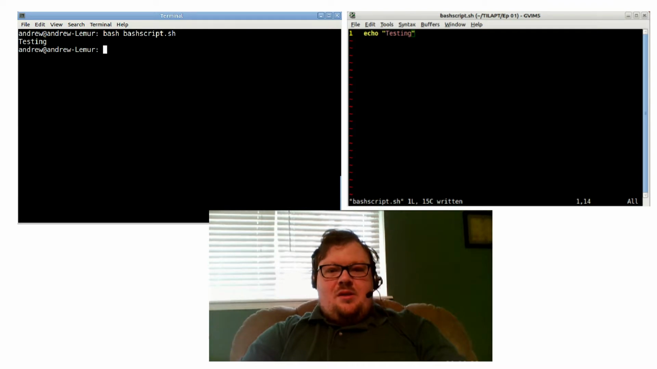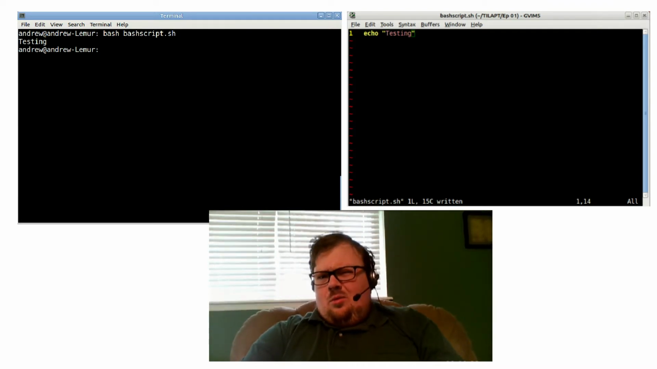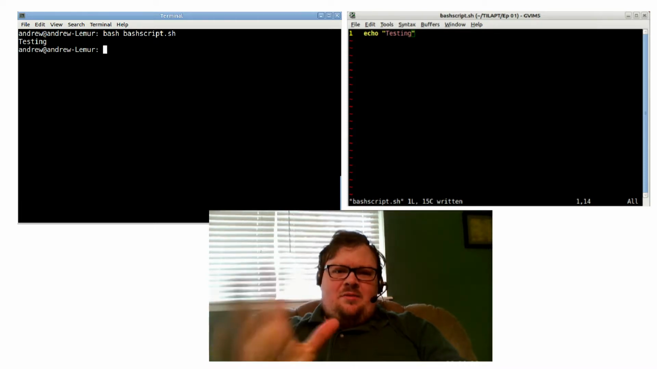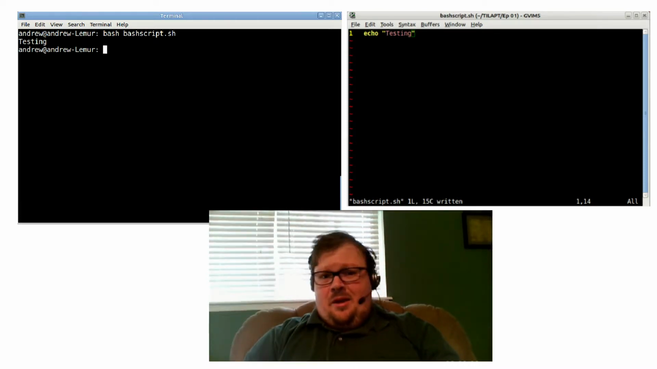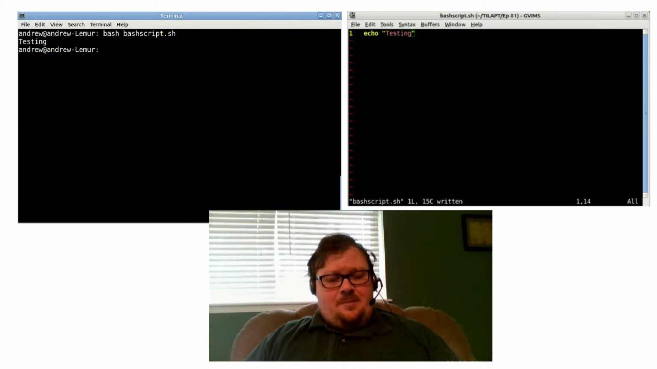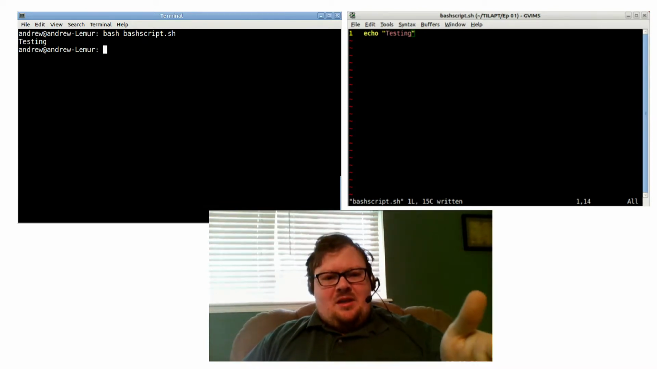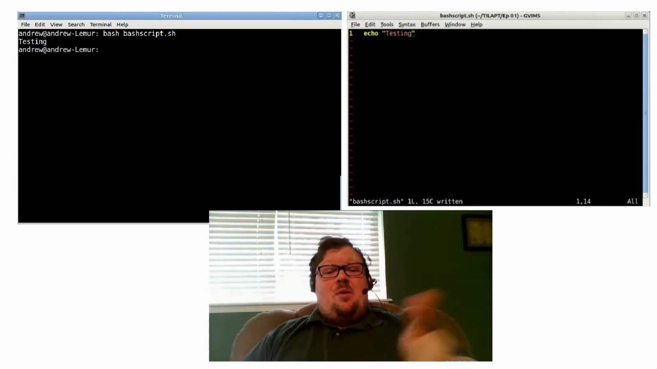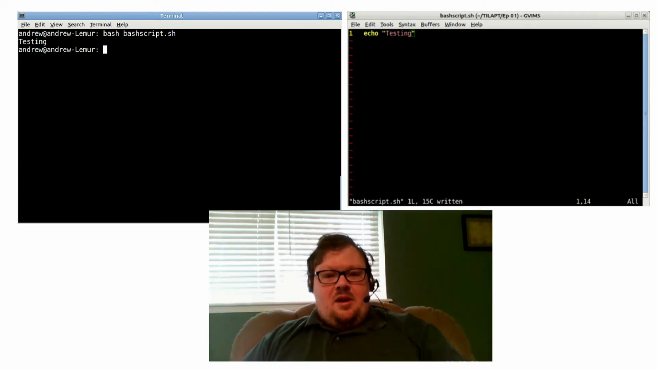I could make it executable. I don't know why, but for some reason most people, whenever they write a Linux tutorial, they say make this file executable. I just want to run the bash command. It's fewer commands, less complicated. So I just do bash script.sh. Don't actually need the sh if I'm running the bash command. But now it's echoing testing. Okay, now